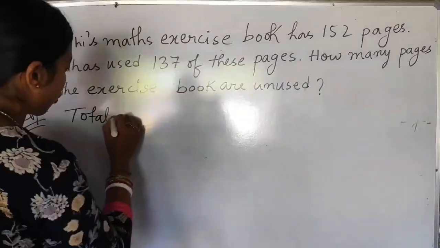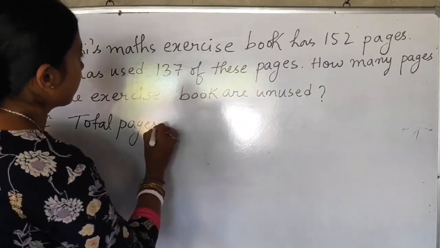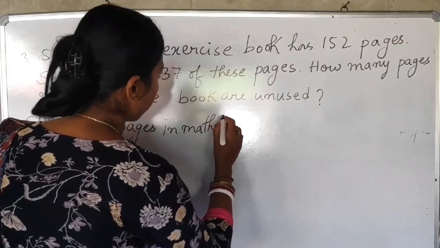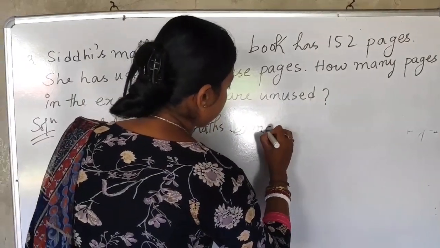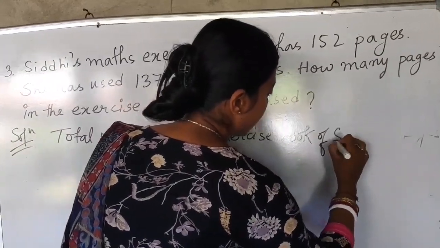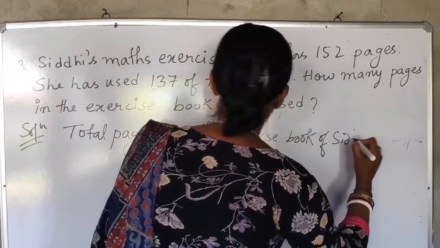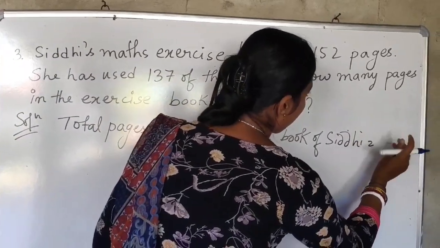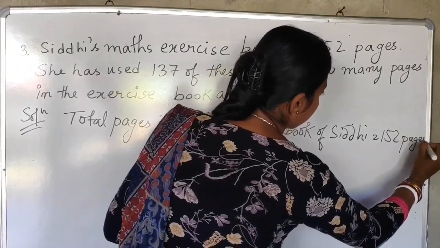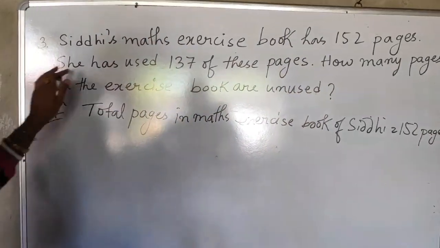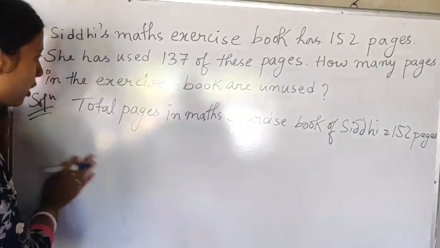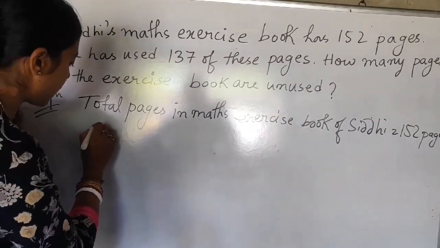We can write total pages in maths exercise book of Siddhi is equal to how much? 152 pages, right? She has used 137 of these pages. So how many pages she has used? 137. So you will write used pages